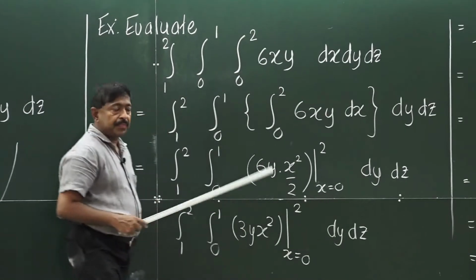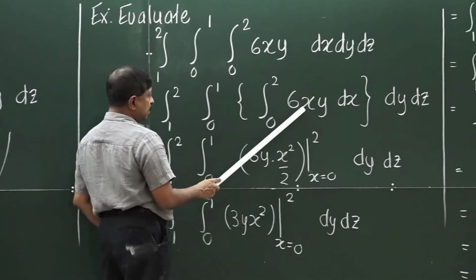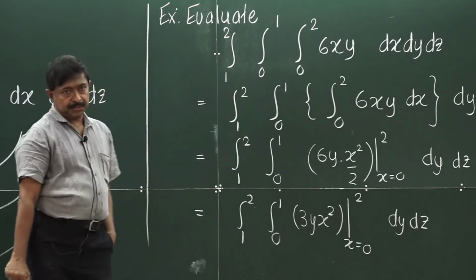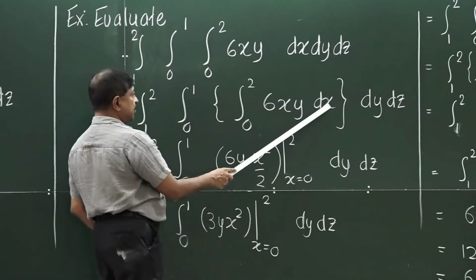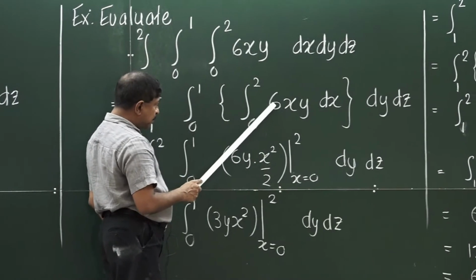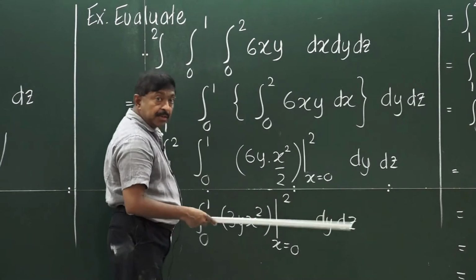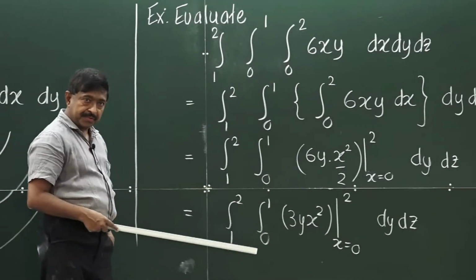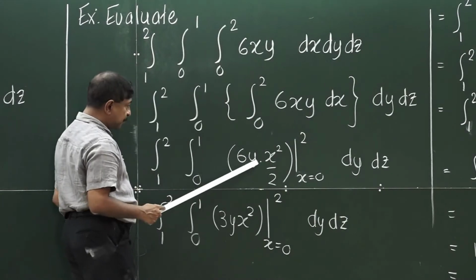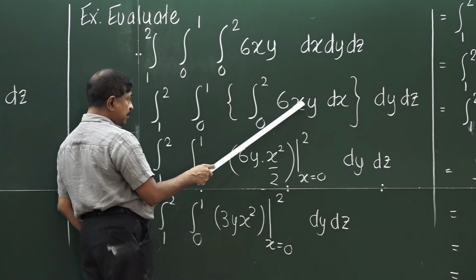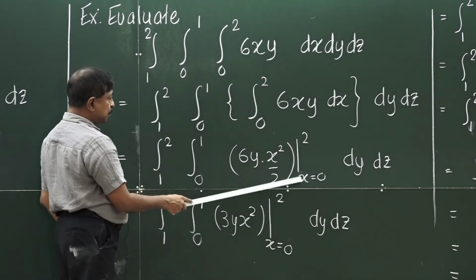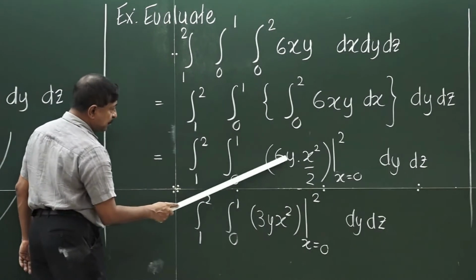So, here again it is exactly the opposite of the partial derivatives, right. Here, since the variable of our interest is x, x is a variable, but both y and z, the other variables, are considered as constants. So, here 6y you leave it as a constant, x is the variable. When you integrate x, you get x squared over 2. Limits are from 0 to 2. So, you can simplify this a little bit.